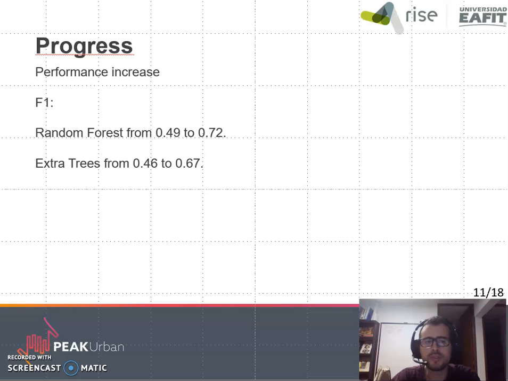In the previous report, we also tested the multi-layer perceptron, MLP. However, we removed it this time because it takes a lot of time to train, and since we are adding a lot of variables with the FETEX library, we prefer to work with the faster models, and they were giving pretty much the same F1s.